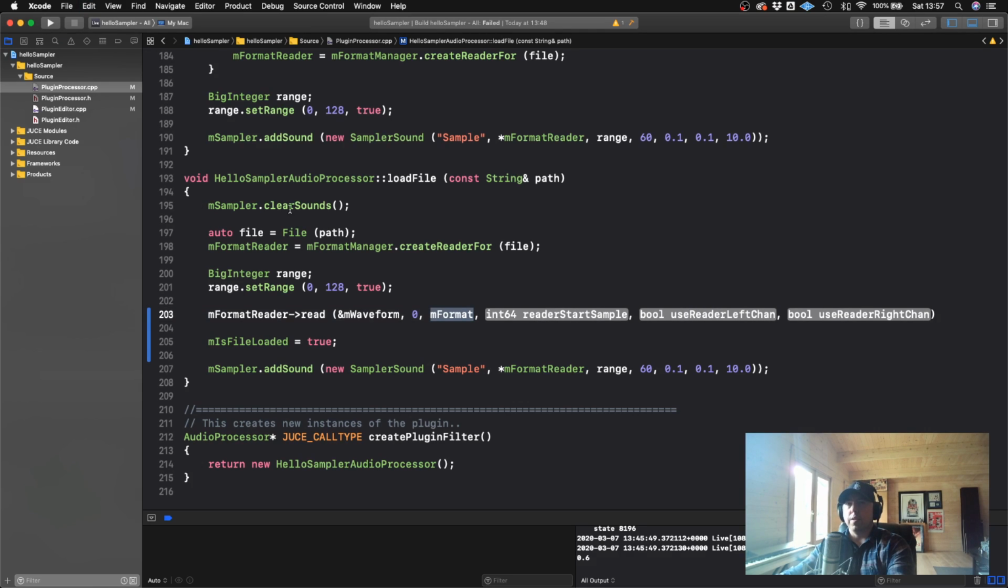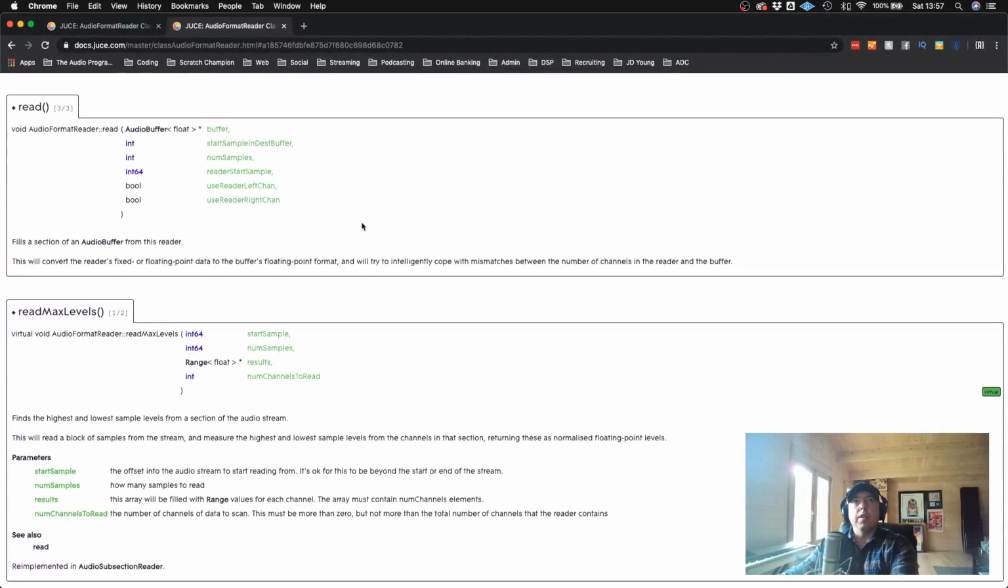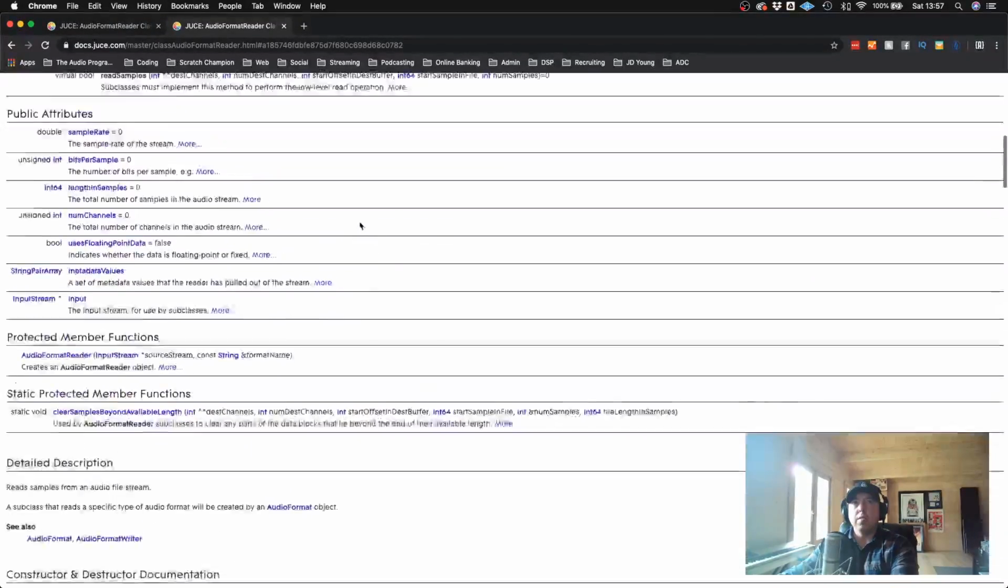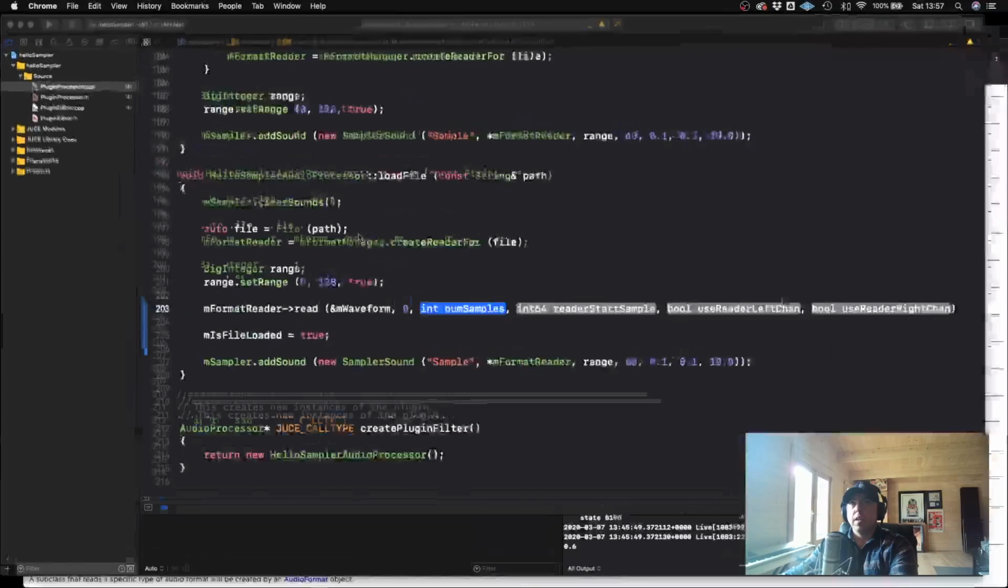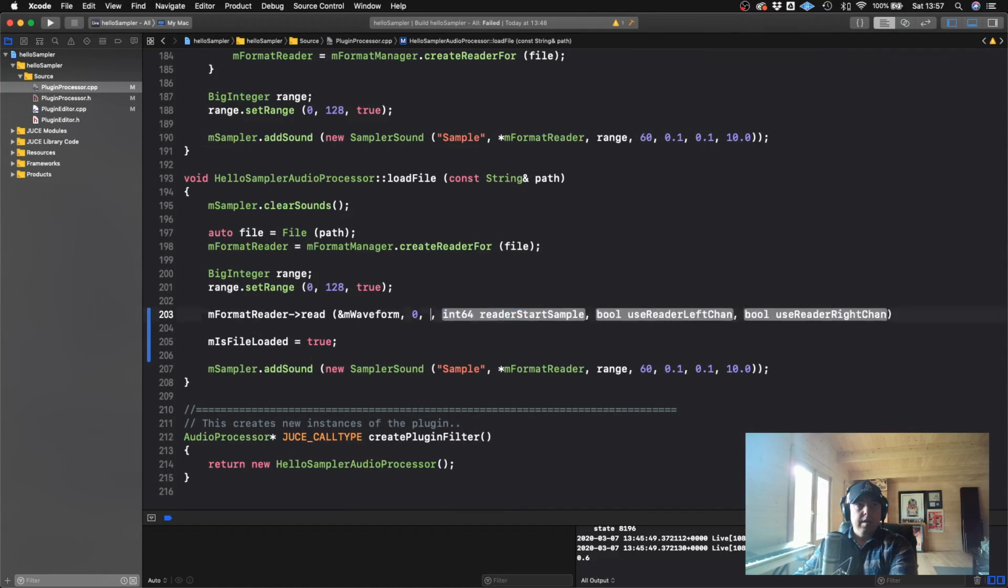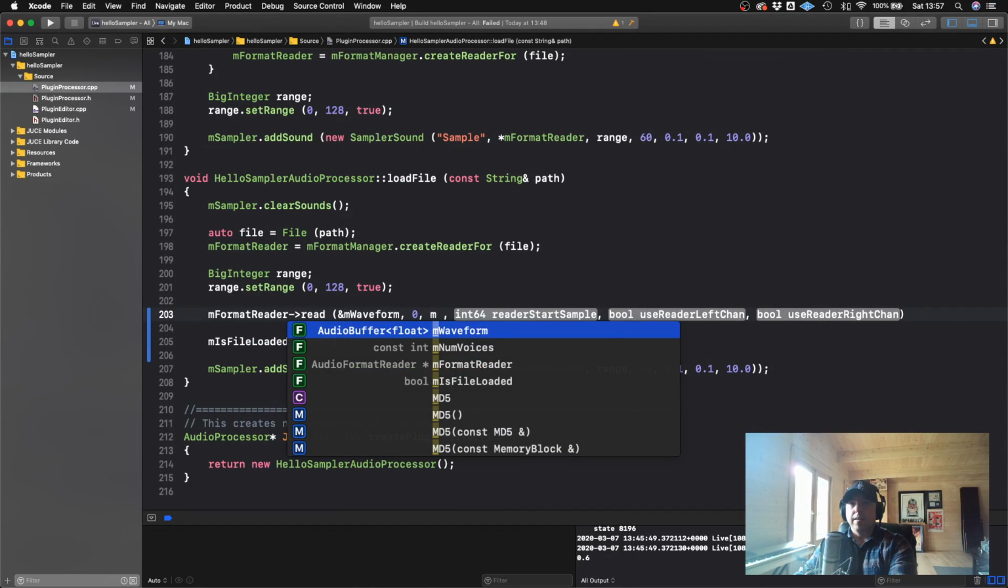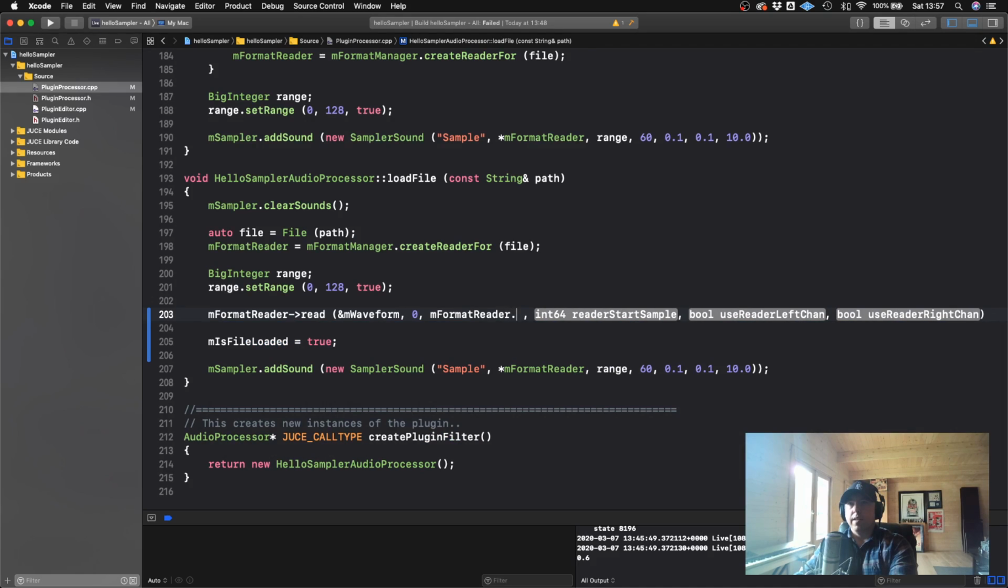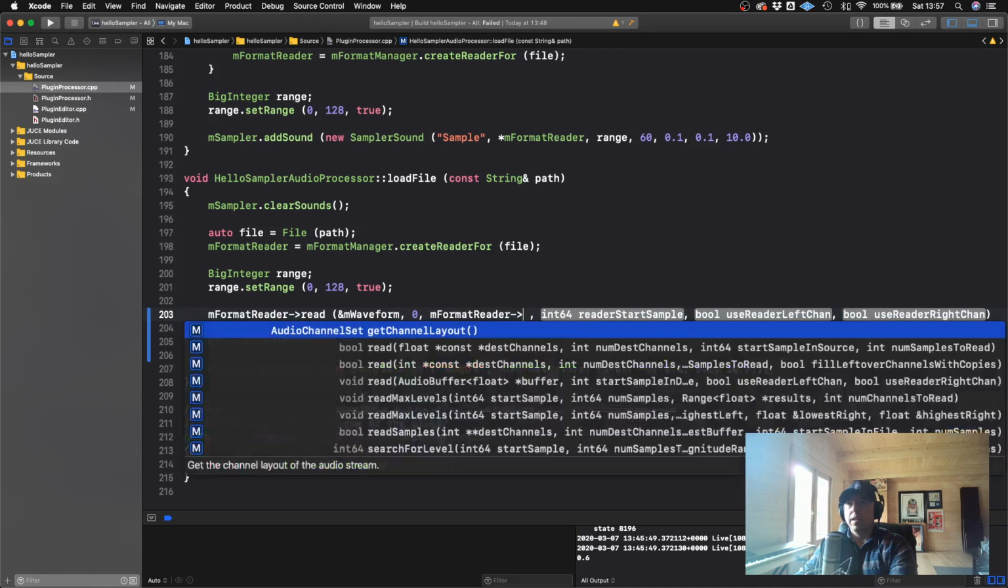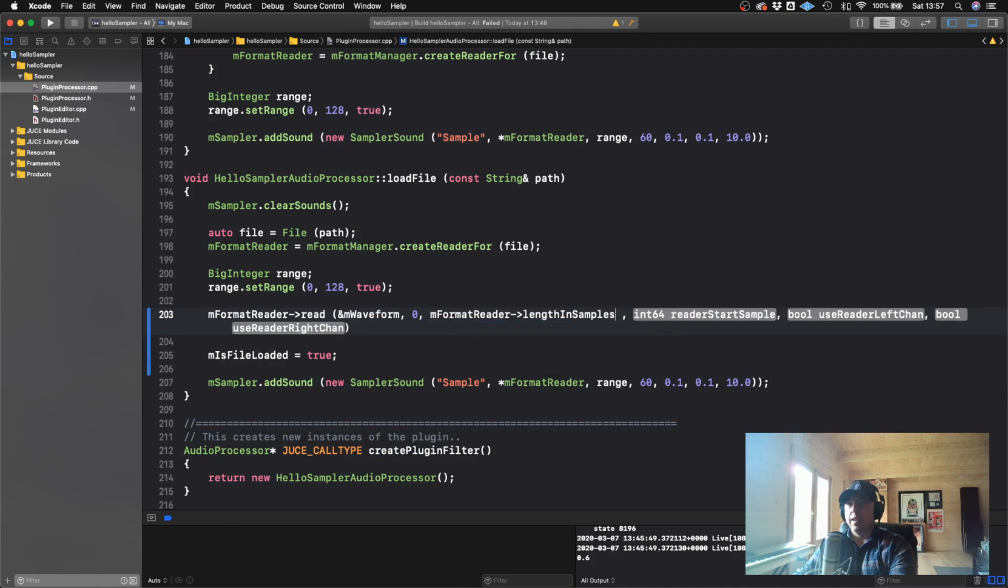Let's see. I forget what it is. Length and samples, I think it is. Yeah. Yes, format reader length and samples. Yes, thank you, Mark. You freaking saved me. Reader start sample